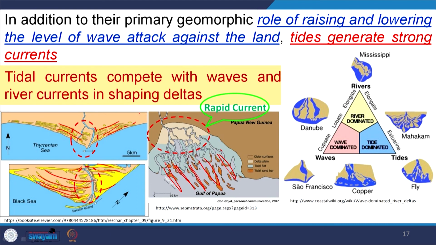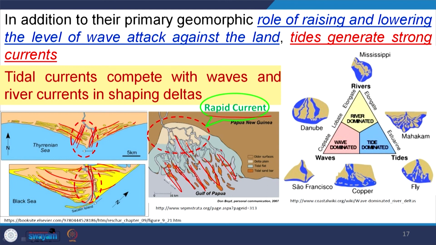This is a funnel shaped system, or funnel shaped conduit, through which the tide can move. Rapid currents move along this during high tide or low tide. These conduits, or river mouths, have rapid currents moving to and fro, and this rapid movement changes the river base level, and finally it changes the geomorphic system. That is why a delta is river dominated, tide dominated, or a combination of these.